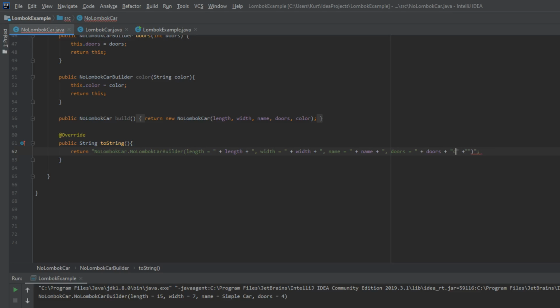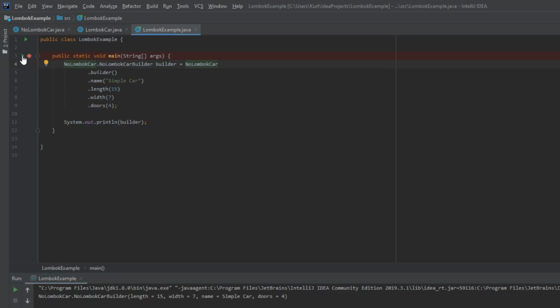color equals, oops, again, all messed up, space there, and cool. All right, so now that we have that in the string method, another reason why this is a little bit easier to deal with using Lombok,